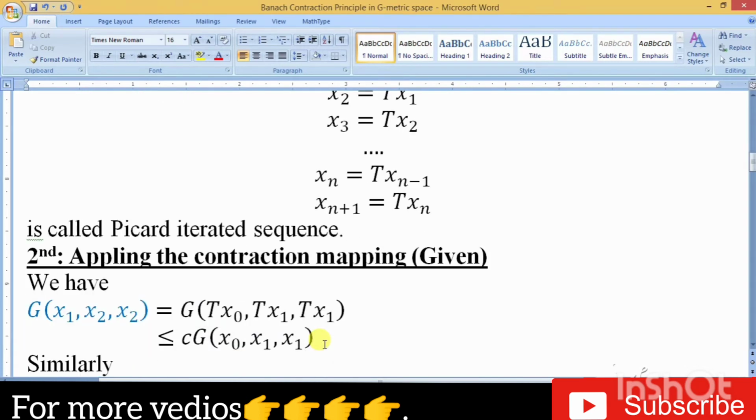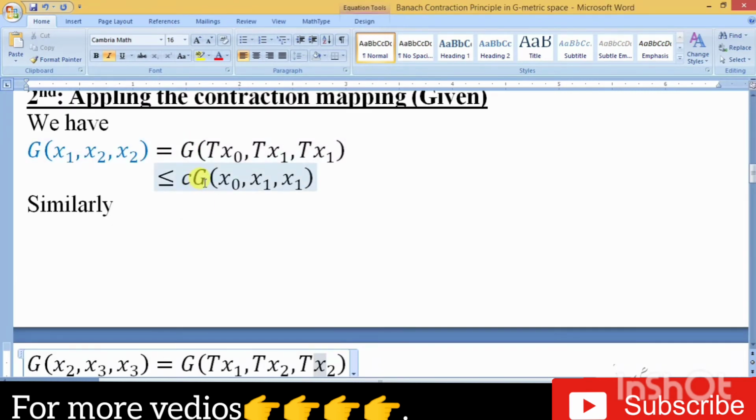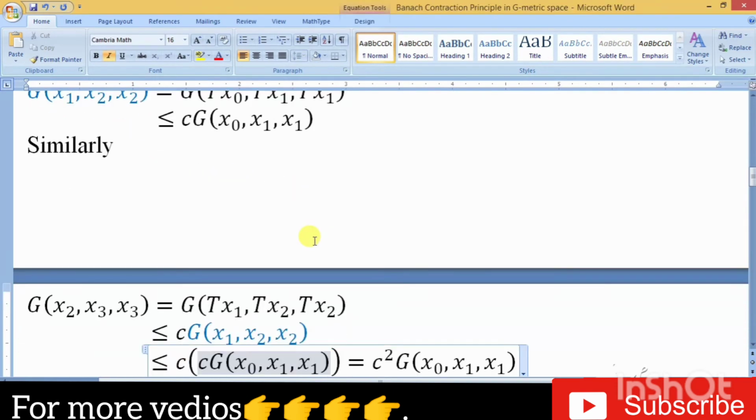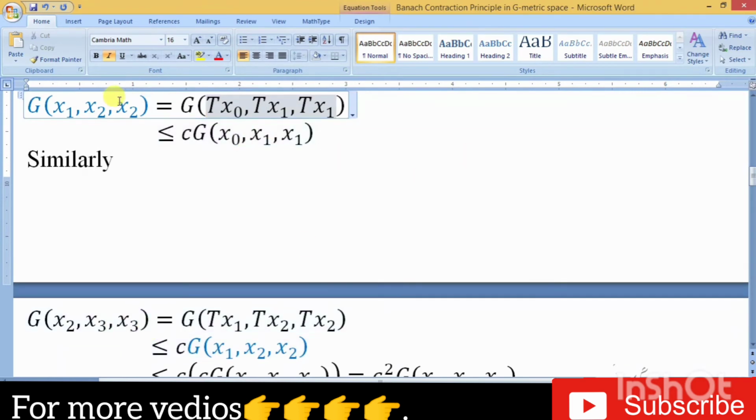Here first we apply it to the initial terms of the sequence, x1 and x2, and after applying the Banach contraction, we get c times d of x0, x1, and secondly its terms x2 and x3, and we get like terms like the first term. Put this value and we get, after applying the contraction,